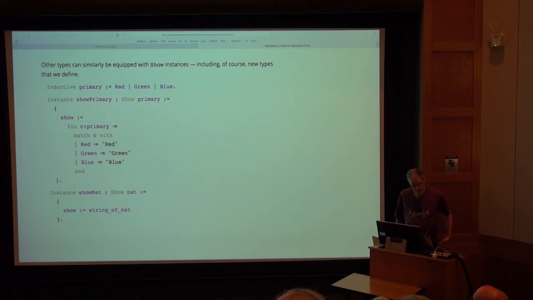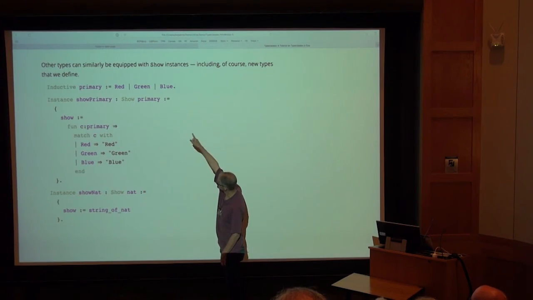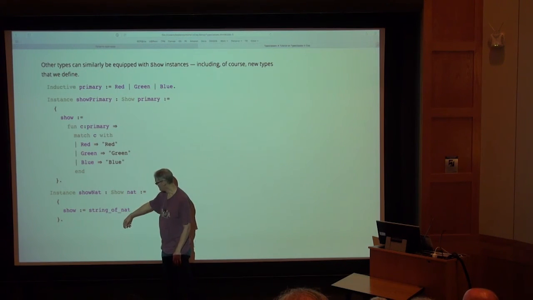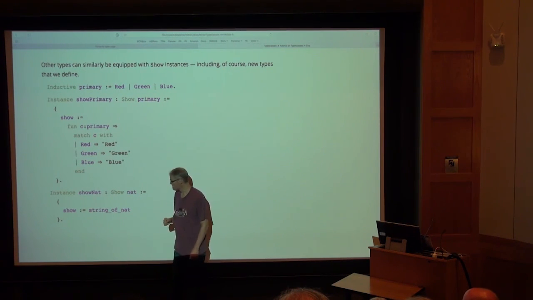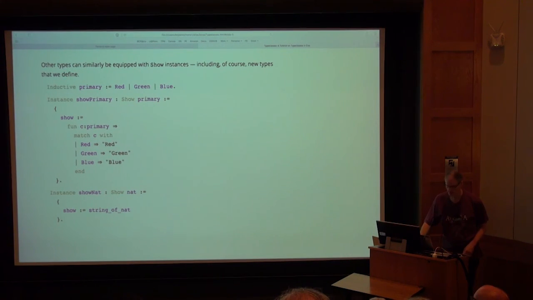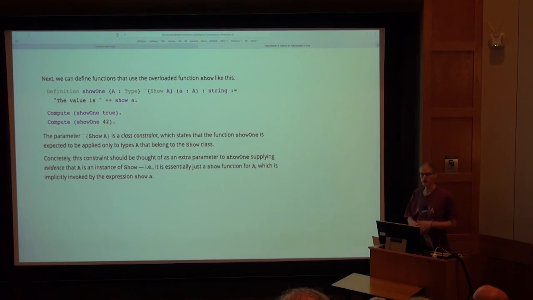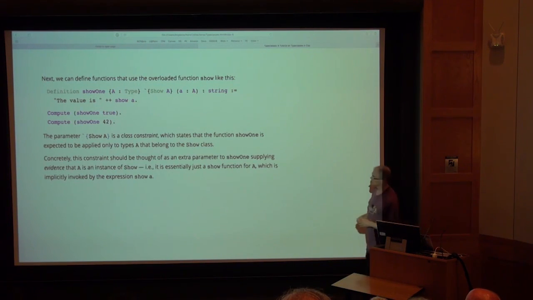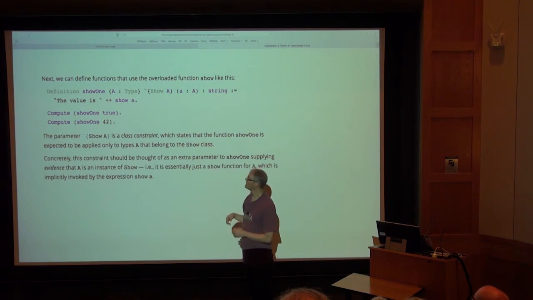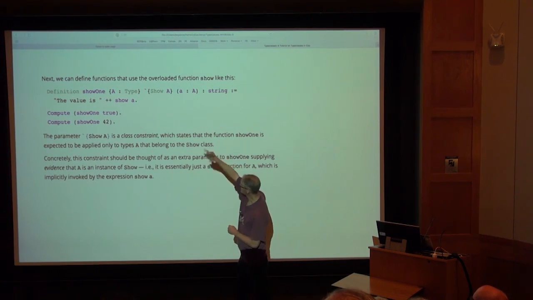Okay, we can define show instances for other classes, like if we have a type of primary numbers, we can have a show primary function. We can use pre-existing functions like string of nat to define instances. And now, okay, we have a show type class. We have a few instances. Now we should be able to use those instances to define other things. So here is a function called show1 that takes an element small a of a type big A where, and now here is the new